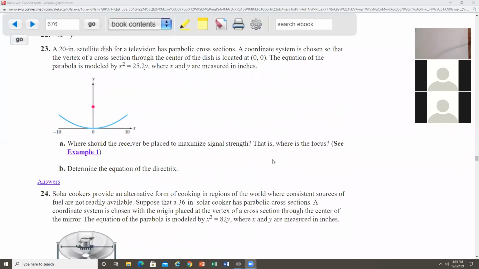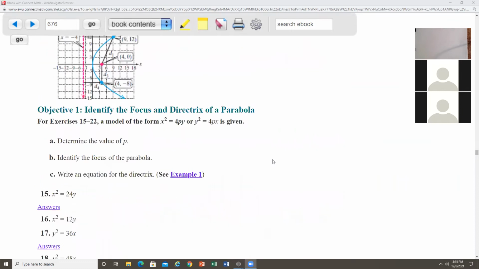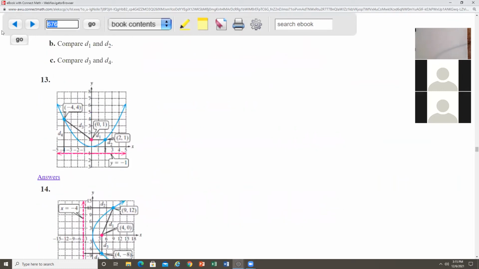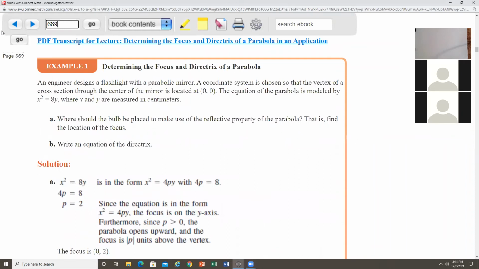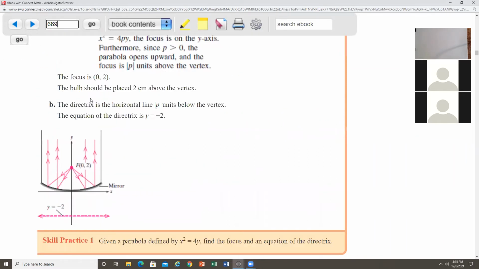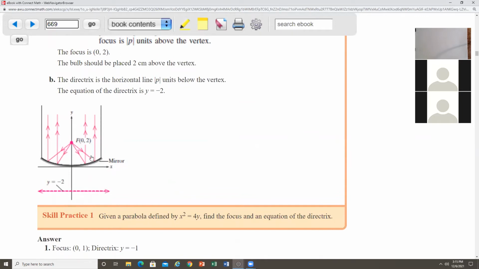I can show you a picture as to what's going on here. On page 669, one of the examples shows basically how a car headlight works. Behind the bulb, you have a parabolic mirror in your car headlight. And that bulb lights up and sends rays of light that strike the parabolic mirror. And no matter where these rays strike the mirror, they're always directed into parallel beams outward